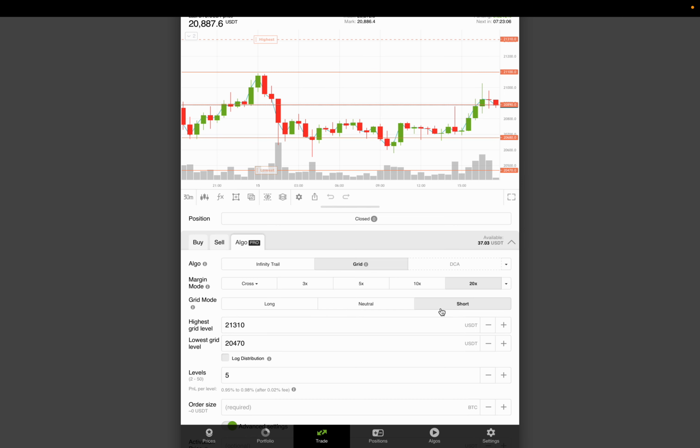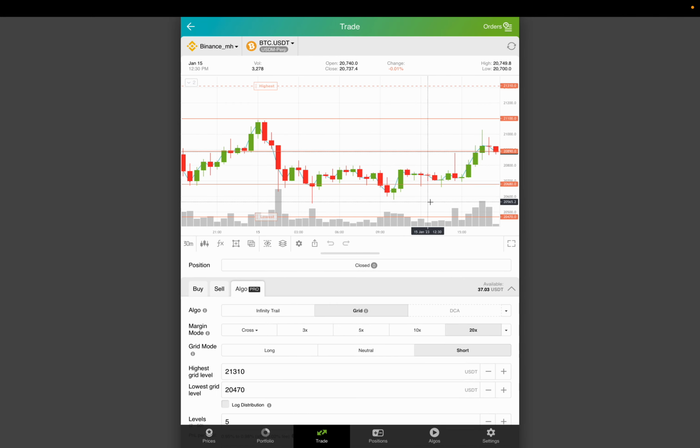Okay, let's switch it to short, and now you already know what long grid does. Short grid does pretty much the same, just in the opposite direction. Whereas long grid is placing buy orders initially on all levels, short grid places sell orders initially on all levels. And of course, the same token as the long grid, here the sell orders which are placed